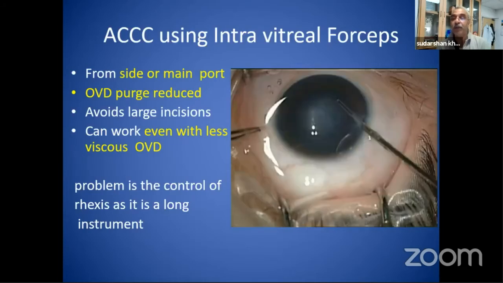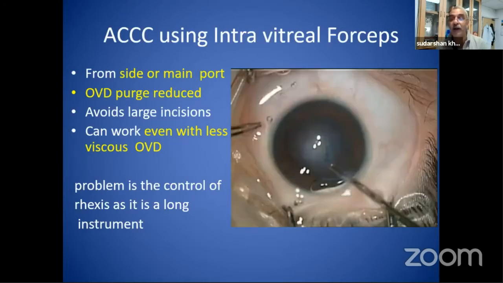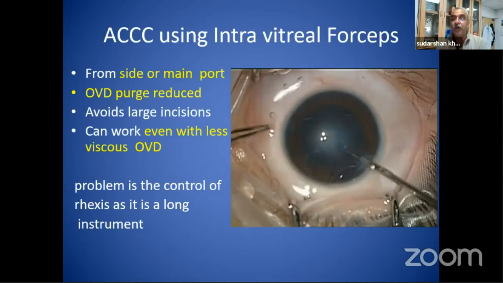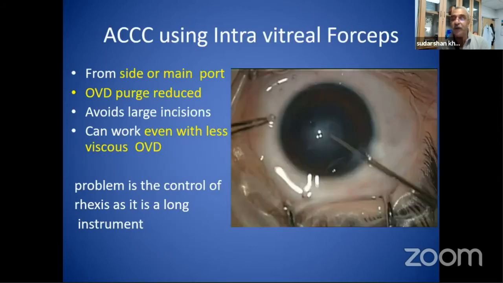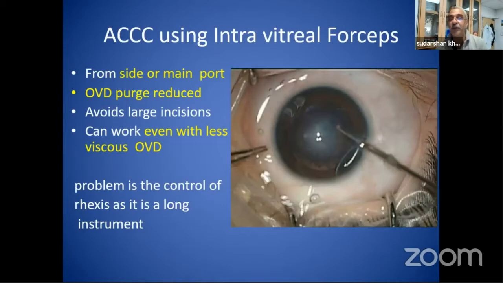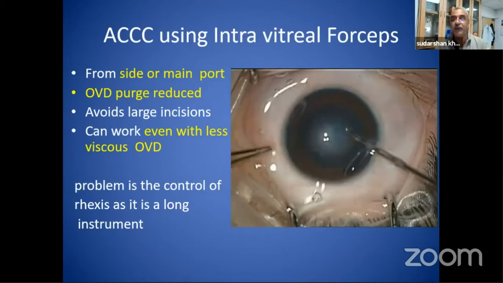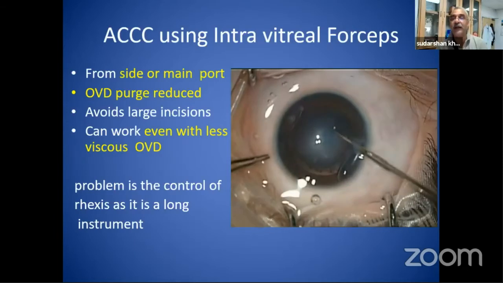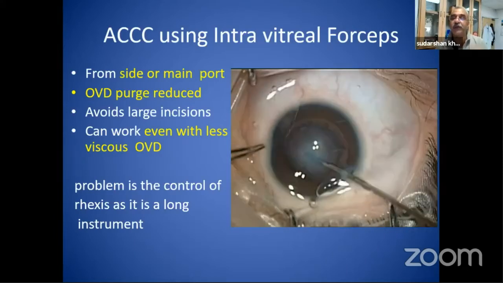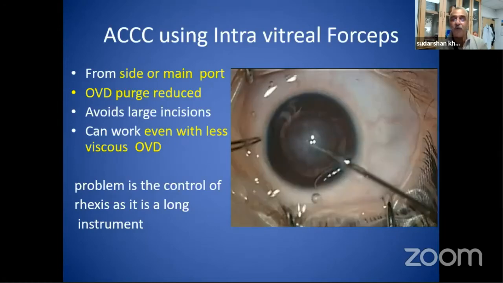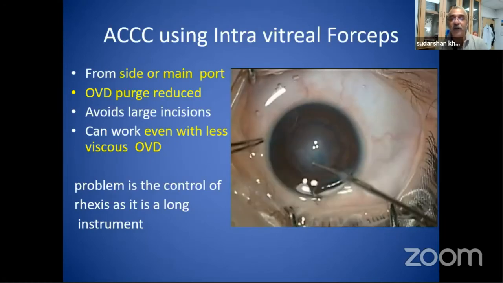Now see, my forceps handle is a long handle, whereas the Utrata is a short handle. It's a better control. So all the people who are doing VR surgery are quite used to this, but for the anterior segment, because the anterior space also is less, you have to get used to this longer forceps. Right? So it's something like eating your noodles with chopsticks versus a fork. With a fork you can always grasp it and eat it very easily, like a spoon, because you've been trained for that. The Chinese might think the other way around.